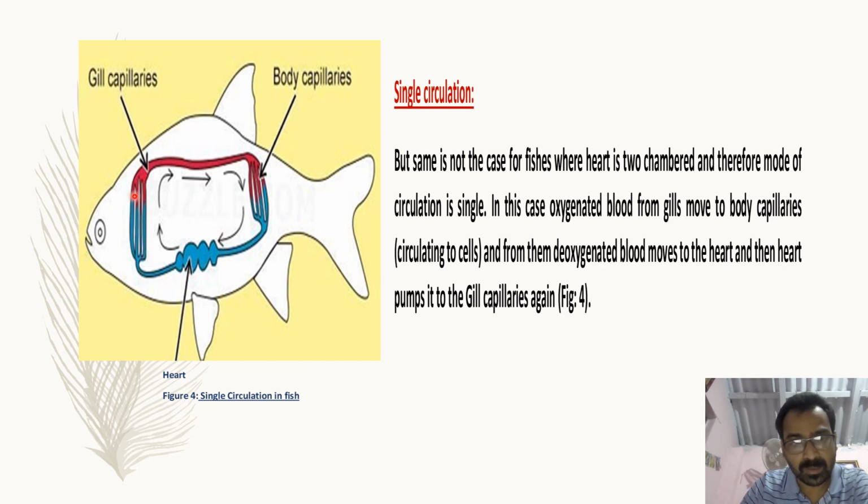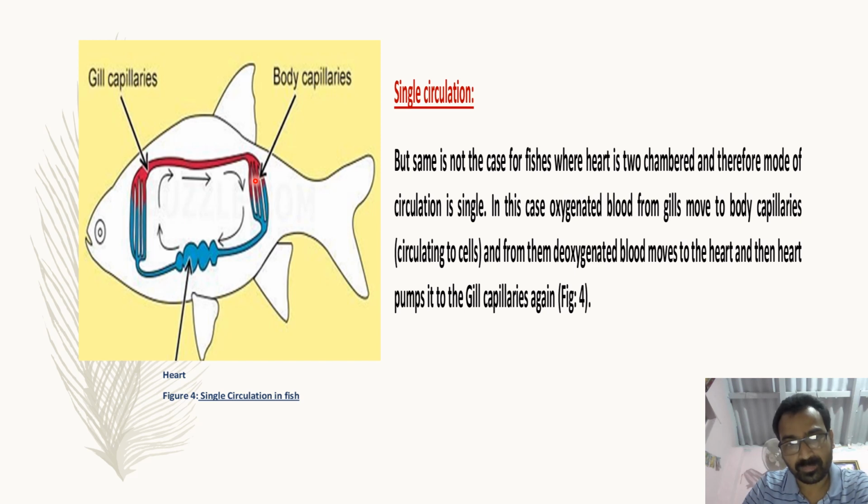So oxygen comes to the blood by means of the gills. Gills act as a filter organ. So this is the passive process of diffusion, where oxygen molecules enter into the blood. From this area, the oxygenated blood goes to cells and tissue of